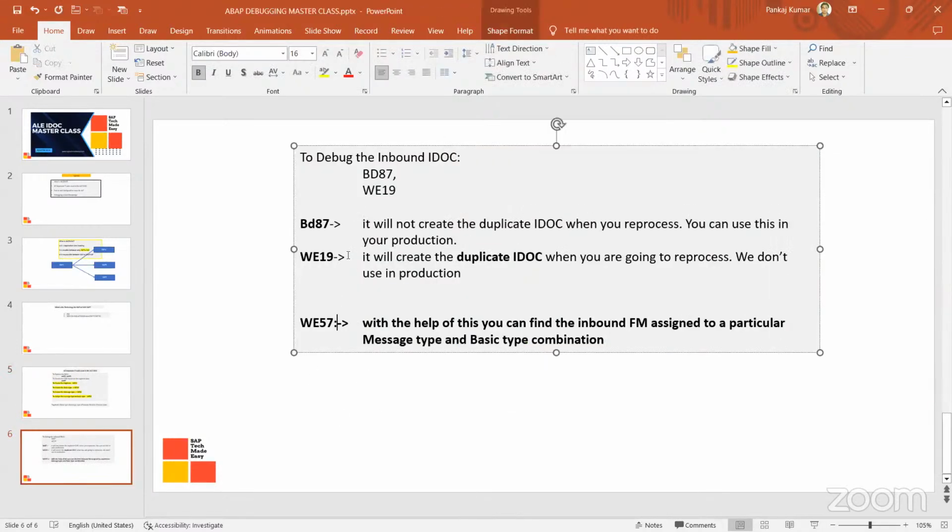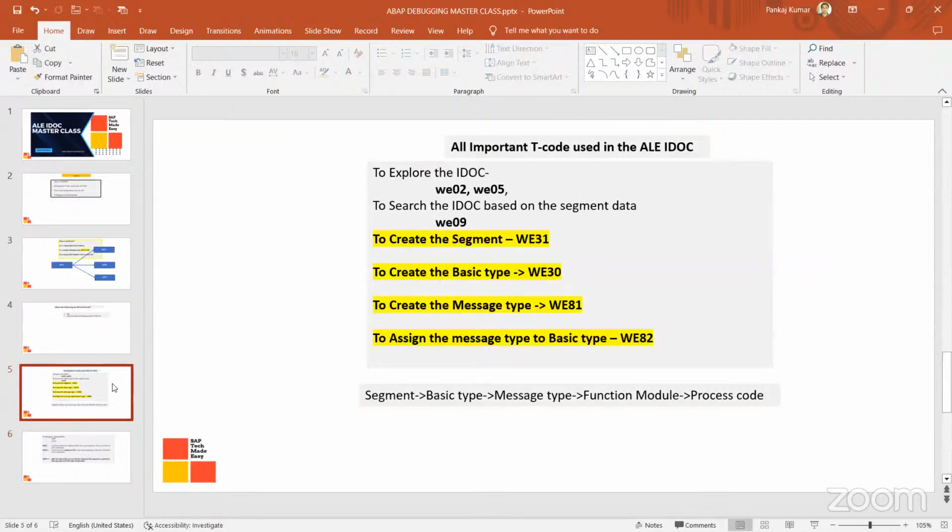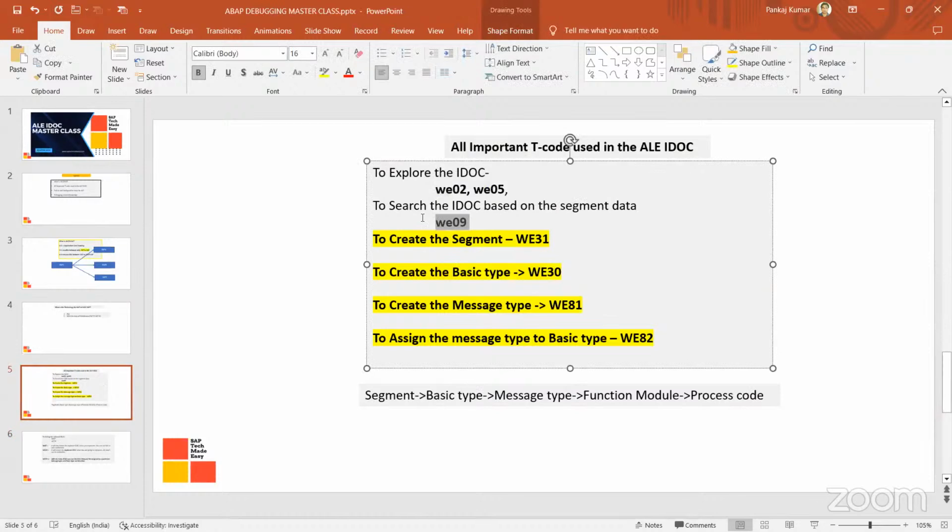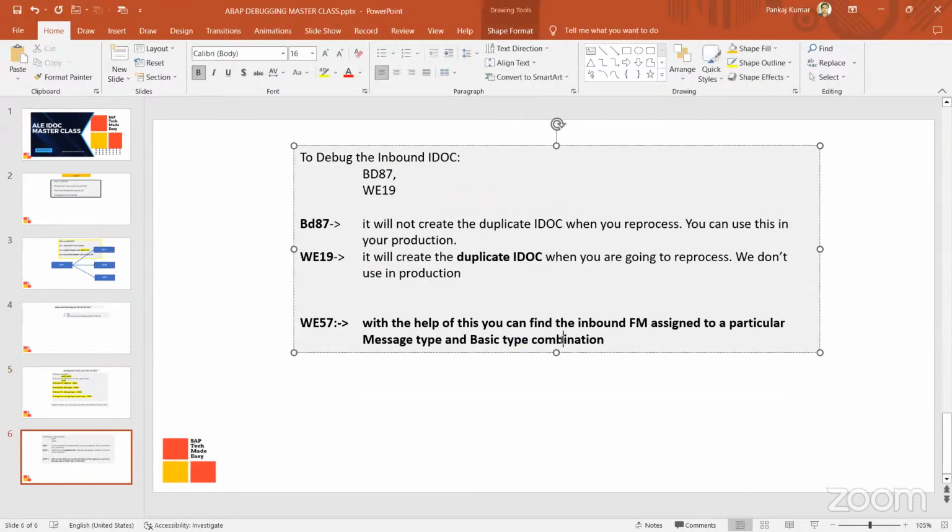Okay, so BD87, WE19 also we have seen, WE57 also we have seen, right? These are some important T codes which are important to know. Okay, these are very frequently used T codes, and most of the time we are going to use these. Now